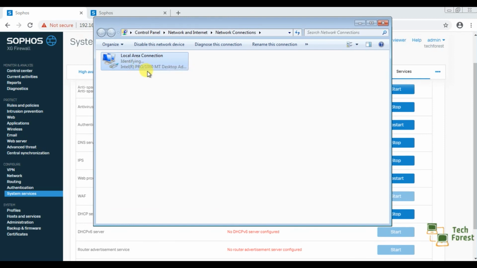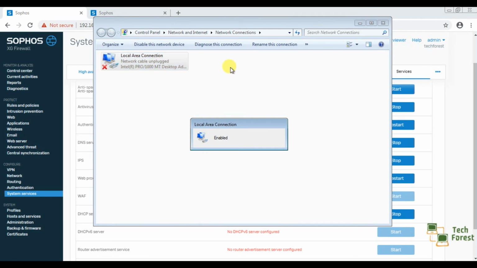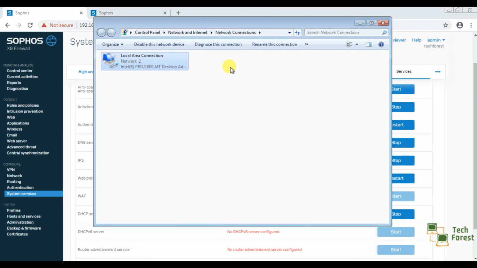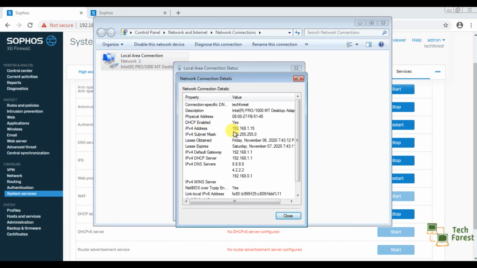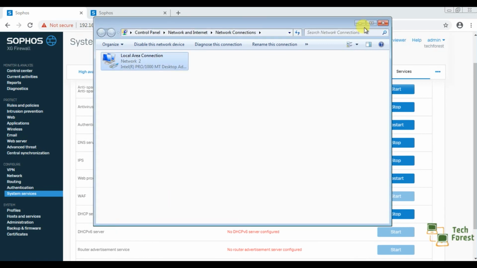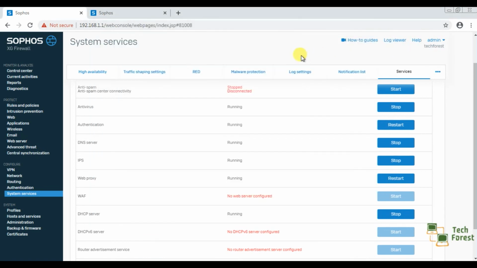Let me disable this and enable it. Let's go to status and see. Yes, I'm getting an IP from a valid IP pool. So guys, this is the way you can create a DHCP server on a Sophos firewall.